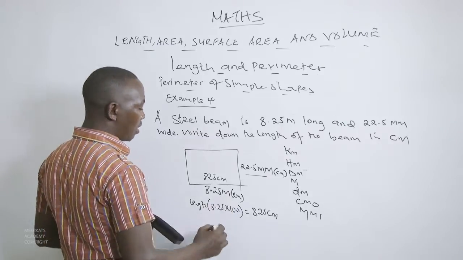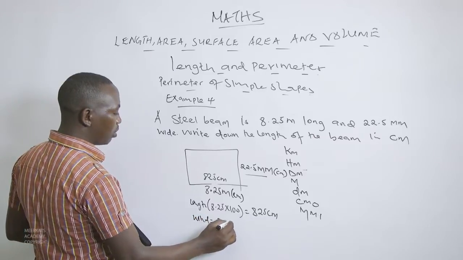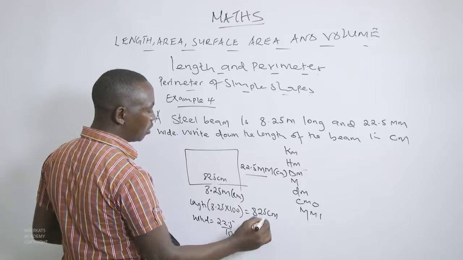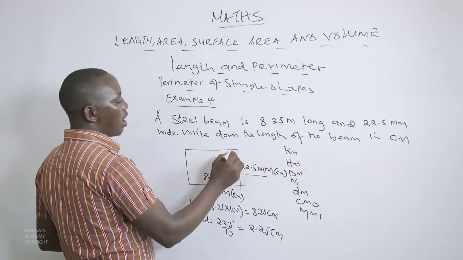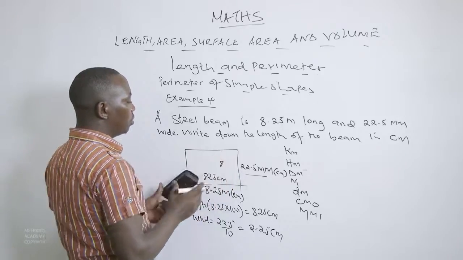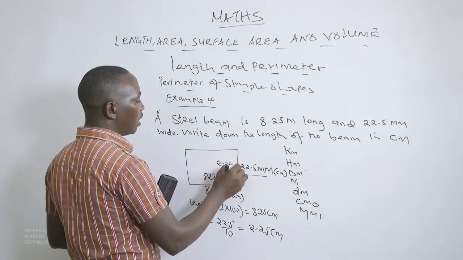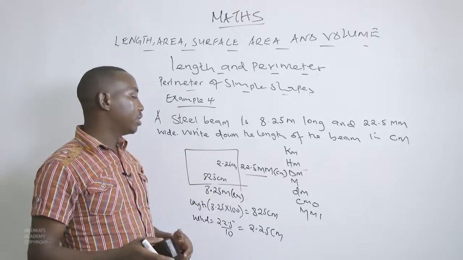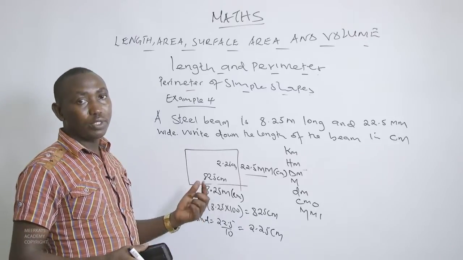So when you take 22.5 divided by 10, this will give us 2.25 centimeters. That means that the width will be 2.25 centimeters. The reason why we have done this is because sometimes you are given a figure whose lengths have